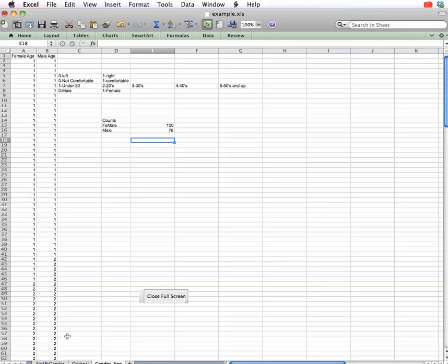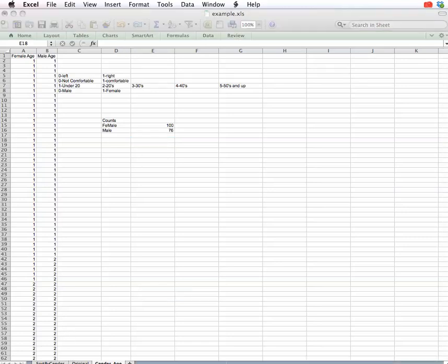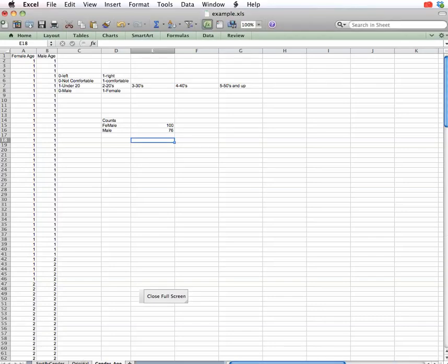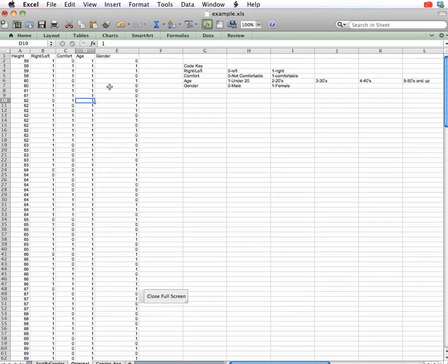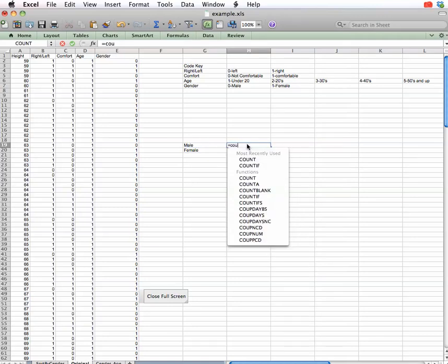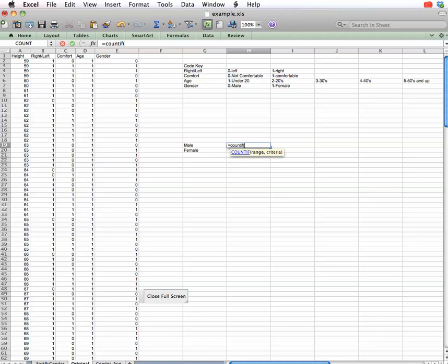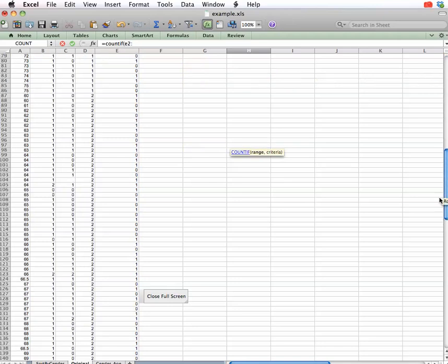Now, another way that we could do that, let's go to the original data here. Let's say I didn't have any counted out, right? I had just said, okay, there's all my genders right there, and I wanted to find out how many males there were and how many females there were. I can do the COUNTIF feature. So I do equals COUNTIF, and this time I'm in E2 through, and then these go all the way down to